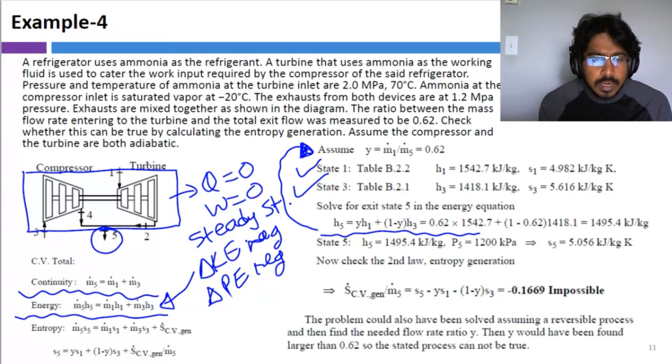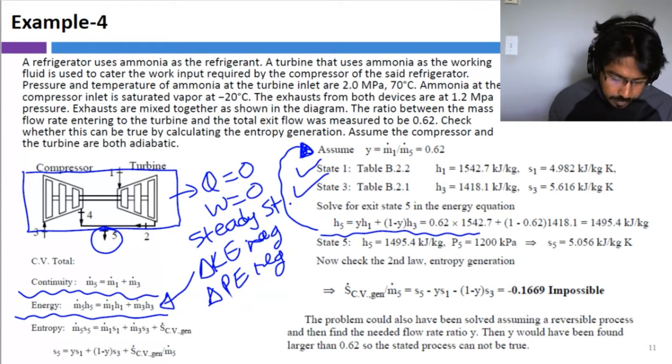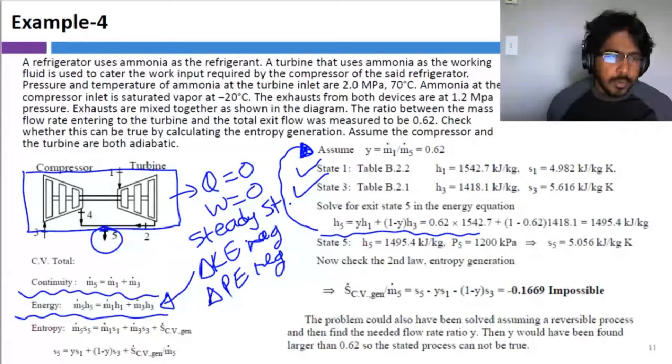Therefore, if m1 is 0.62 times m5, then we can say that m3 is 0.38 times m5, or (1 minus 0.62) times m5,